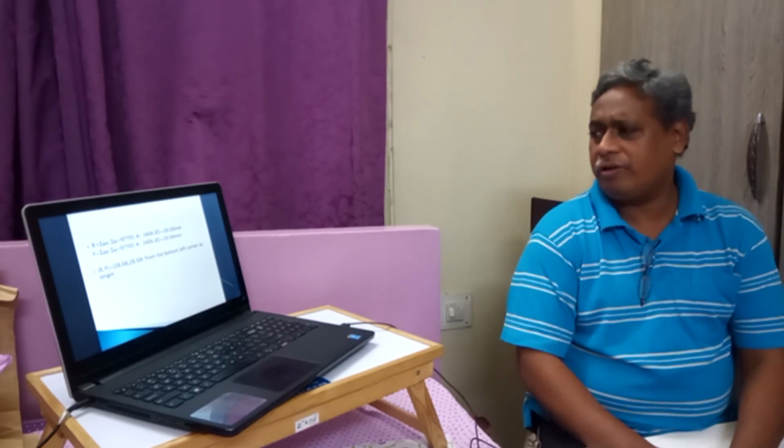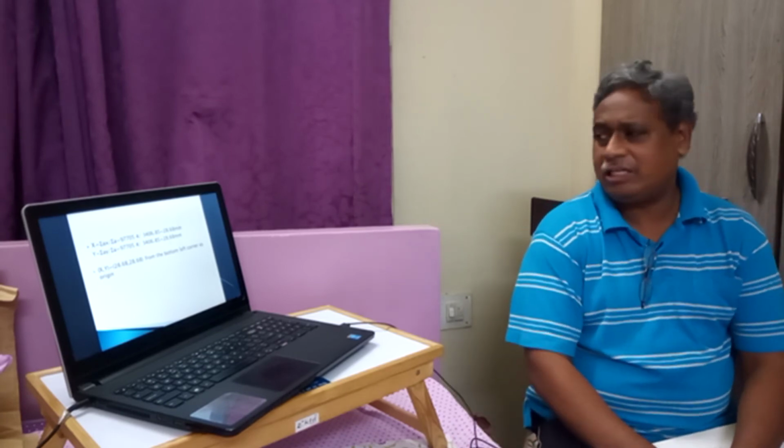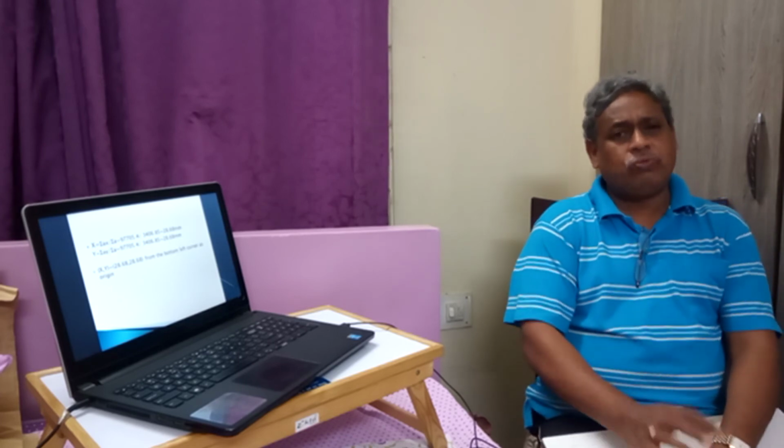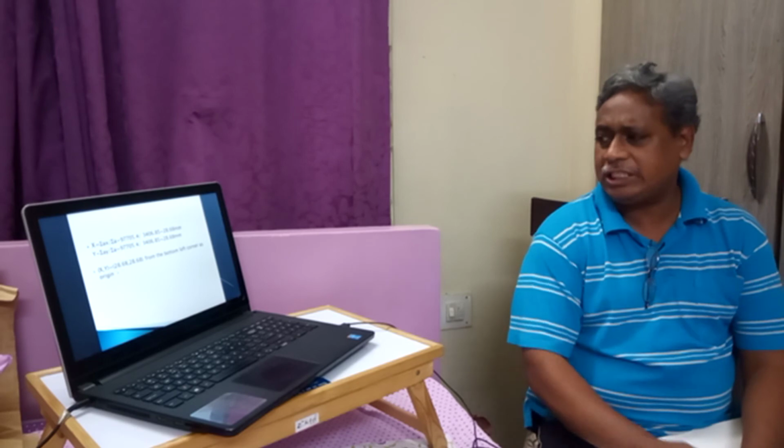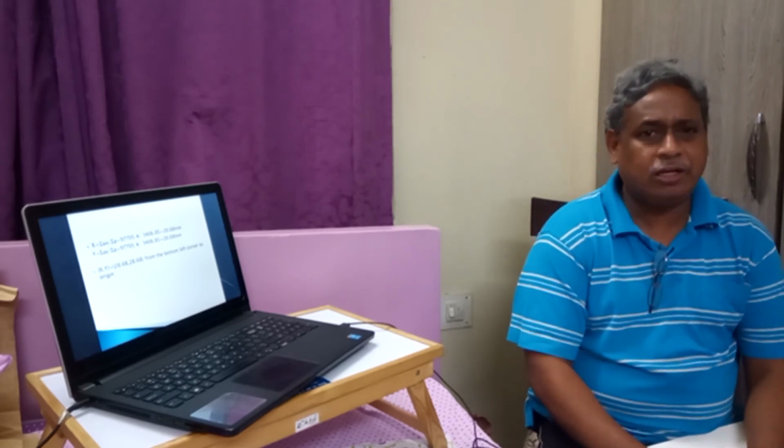Therefore, the centroid will be at the point sigma ax by sigma a, that is 97,705.4 by 3,405. So it is 28.68, and also sigma ay by sigma a is 28.68 mm. So these two values are same. That means the centroid is at a distance of 28.68 and 28.68 from the left bottom corner of the entire composite figure.